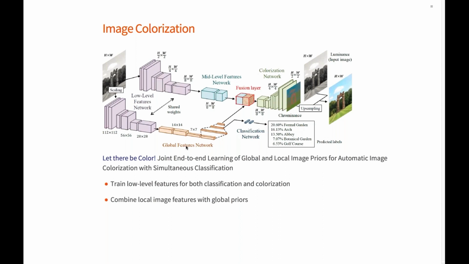But they are also sent to a global classification network. And why this? Because this way we can basically have a built-in prior generator for the image within the network. So these colorization tasks will not be just dependent on the pixel content per se, but we also have the advantage of prior knowledge from the classification network. For example, it will say that this is a night scene or an autumn scene or an indoor scene. So the color palette may be affected by this. Let's have a look at how this can be done.